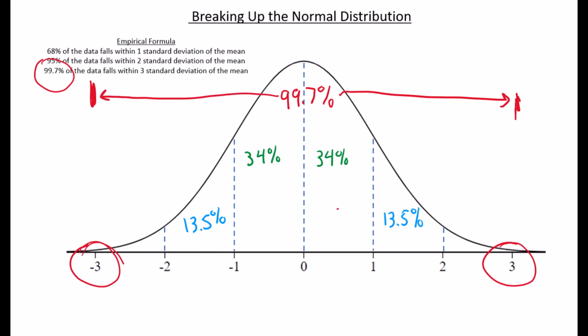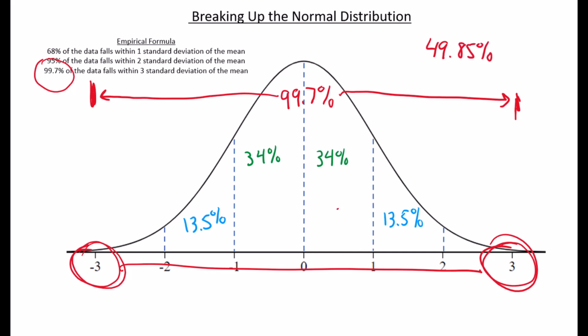So from here again to here, that's going to be 99.7%. Once again, we divide that by 2, and we are going to be left with 49.85%. So from the middle right here, from the mean all the way out to the edge,